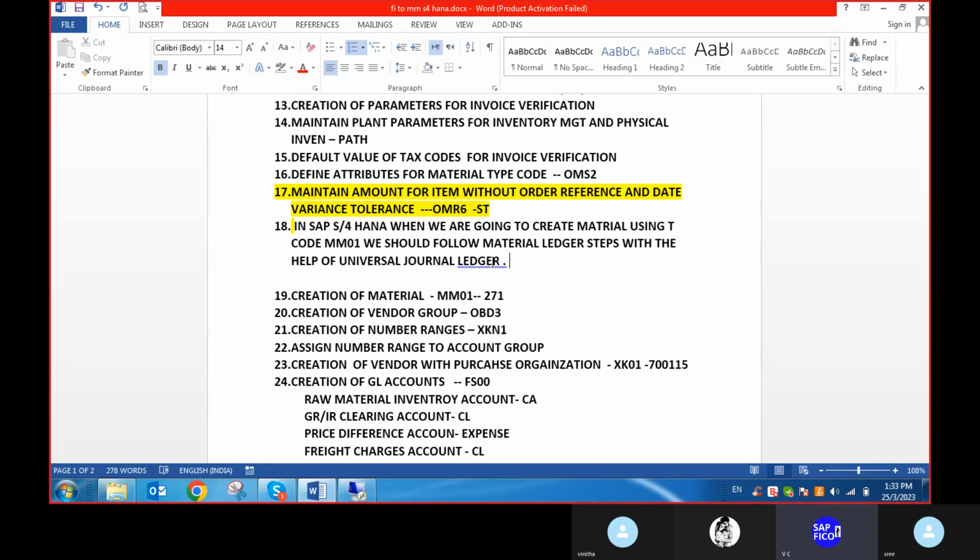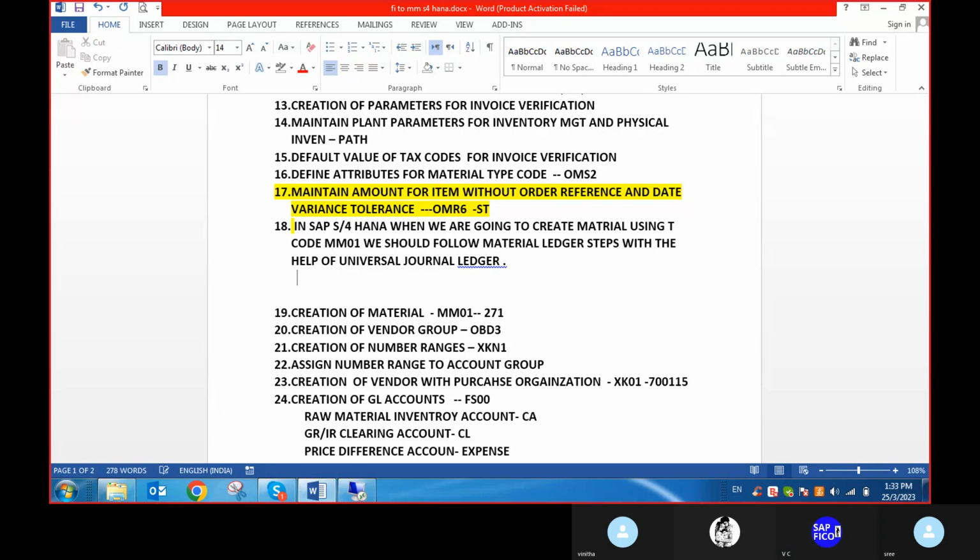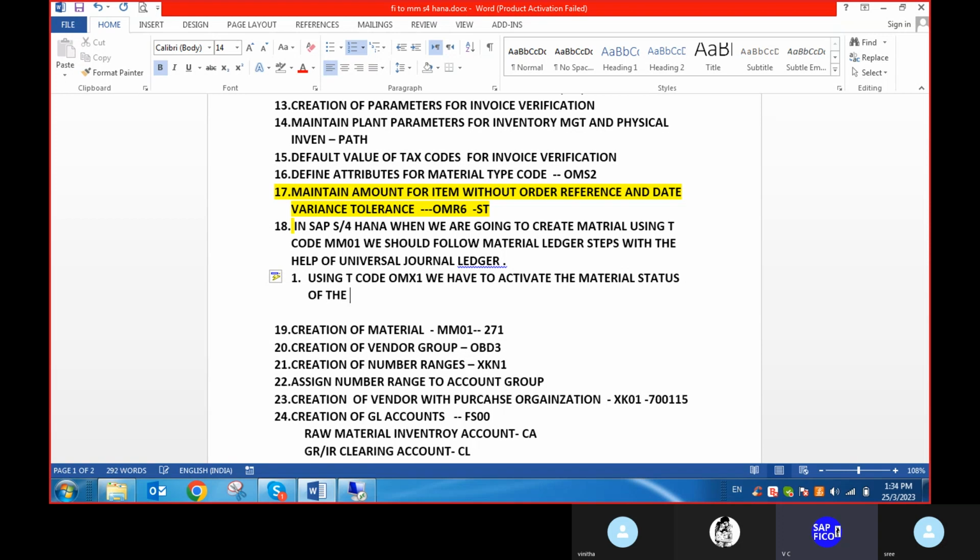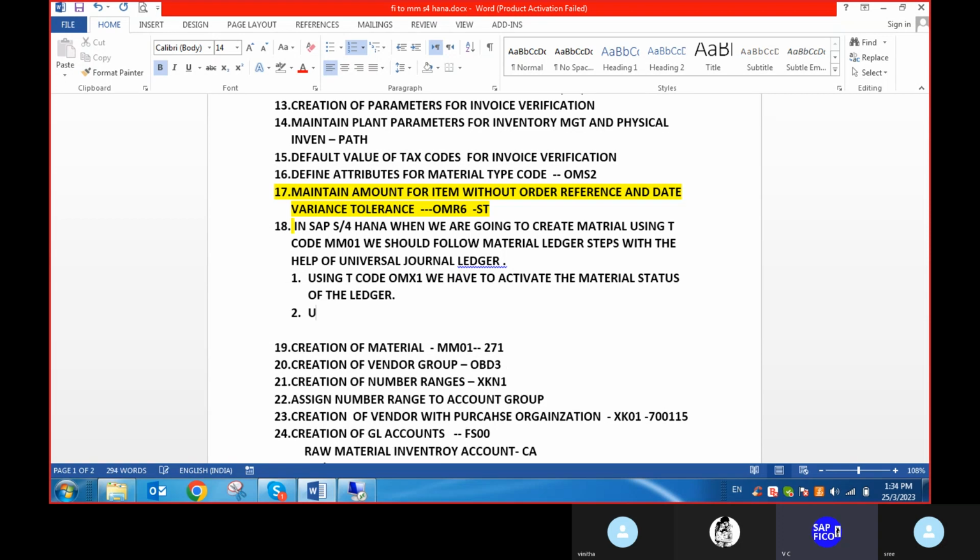The first step is using transaction code OMX1, we have to activate the material status of the ledger. The next step, second point, using transaction code OMX2,